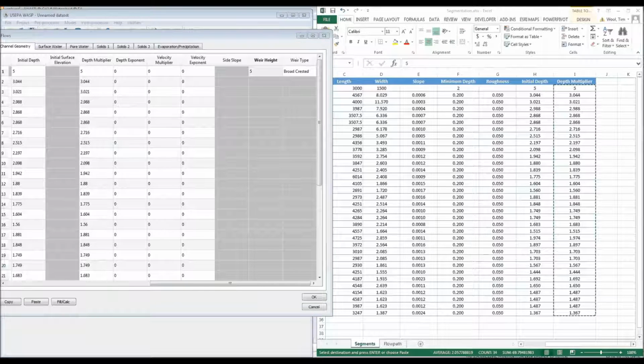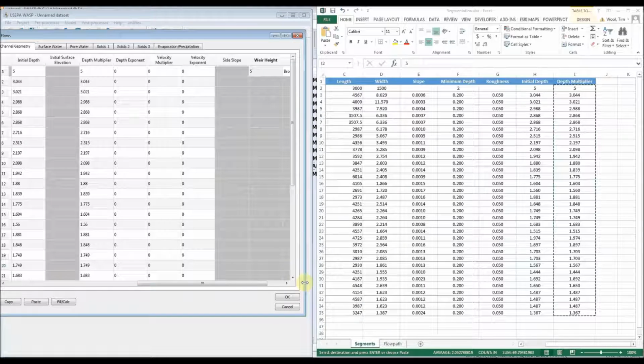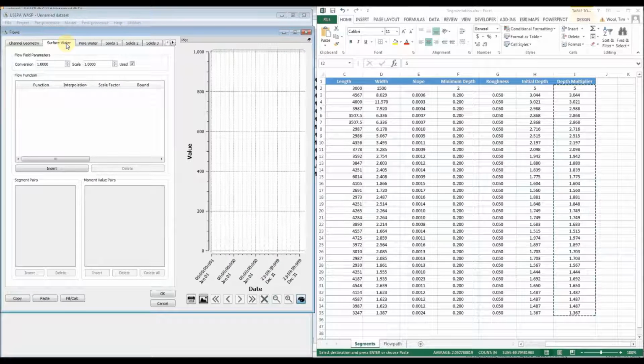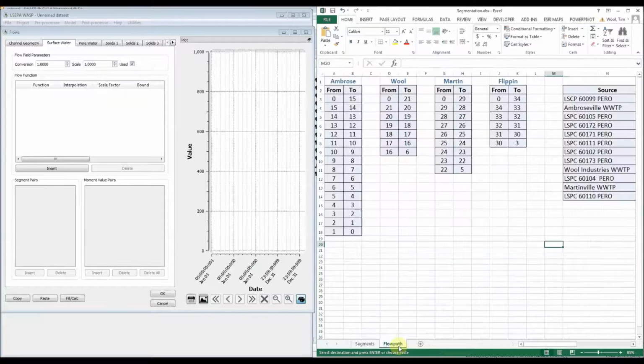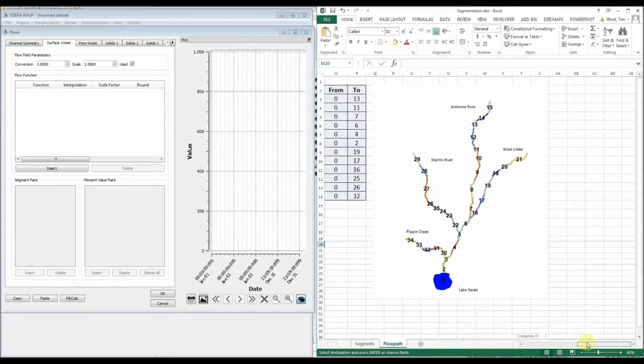All right, we've defined our number of segments. We've given the geometry for each of the individual segments. Now we have to go into the transport screen and actually connect these up. So this is all going to be surface water, so we're going to click on the surface water tab. And the first thing that we need to do is define how many different flow paths we're going to be giving to WASP. So a flow path, basically, if we look at our